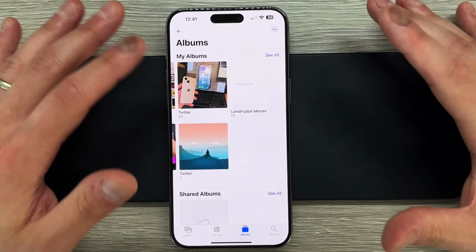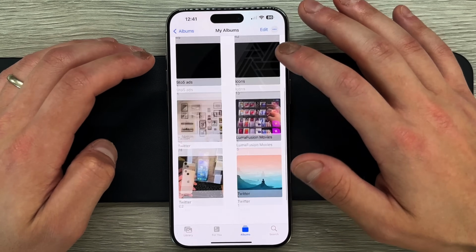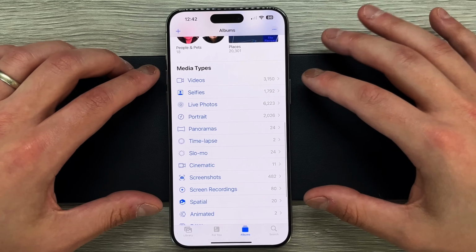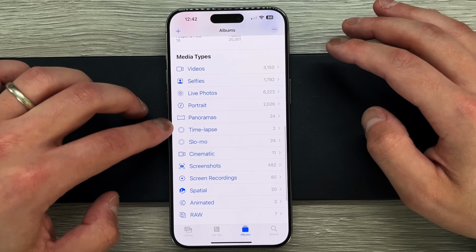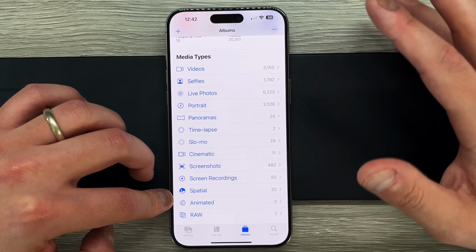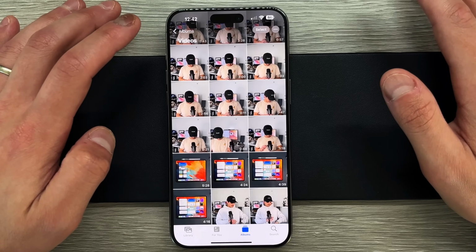So these are manually made albums that you can create, and you can create as many as you want. You can even press see all right here and get a better view of them. And then also, you have all the albums down here, which are technically media types. These are all created by default as you start making these types of actual content or these types of photos and videos. So for instance, whenever you take a video, it'll always show up in this video folder no matter